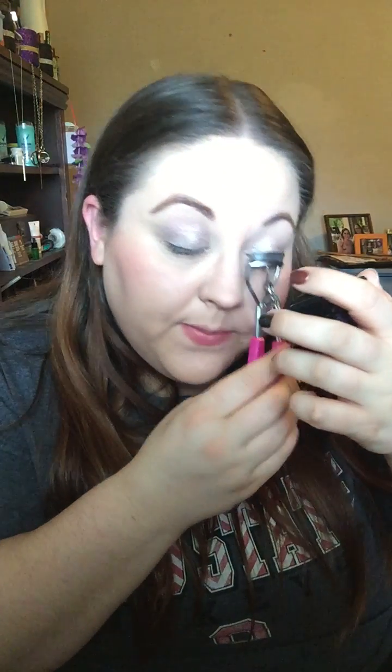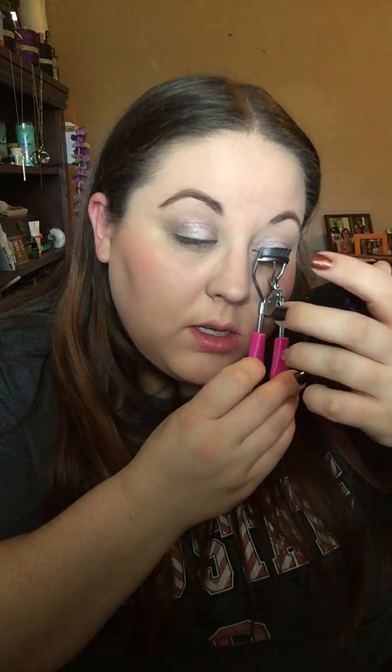So anyway, curl at the base, and then in the middle, they're sticking. Alright, and then at the tip. I need to clean my curler, it's making my lashes stick to it. Okay,